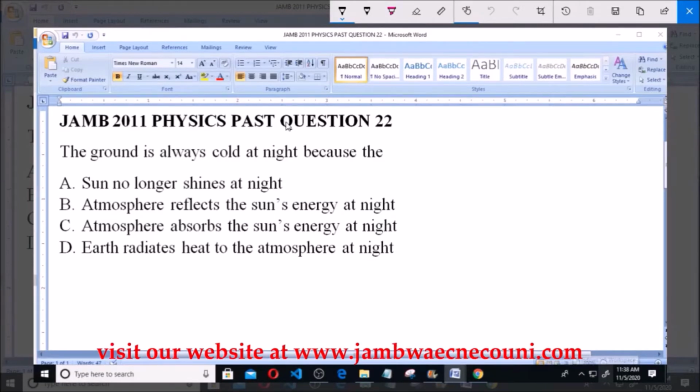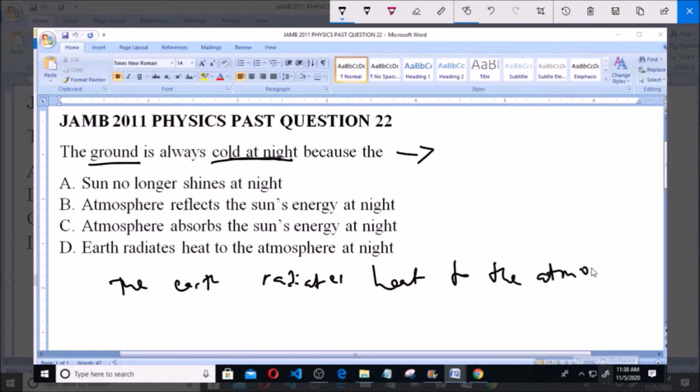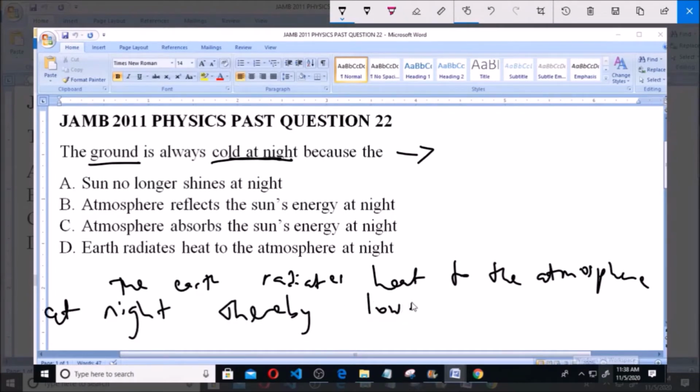So I asked for the reason why the ground or the floor is always cold at night, or during night time. Now, the simple reason behind this phenomenon is that the Earth radiates heat to the atmosphere at night, thereby lowering the temperature or reducing the temperature